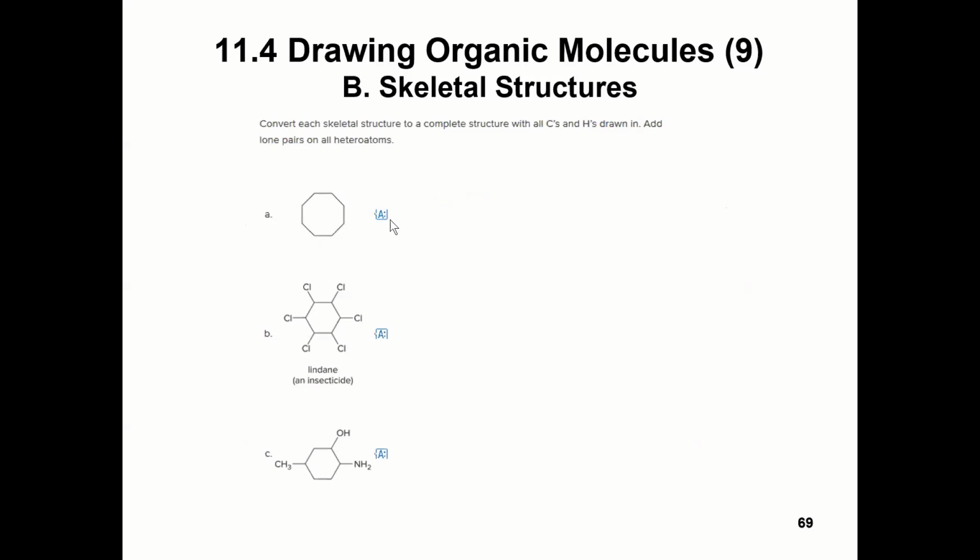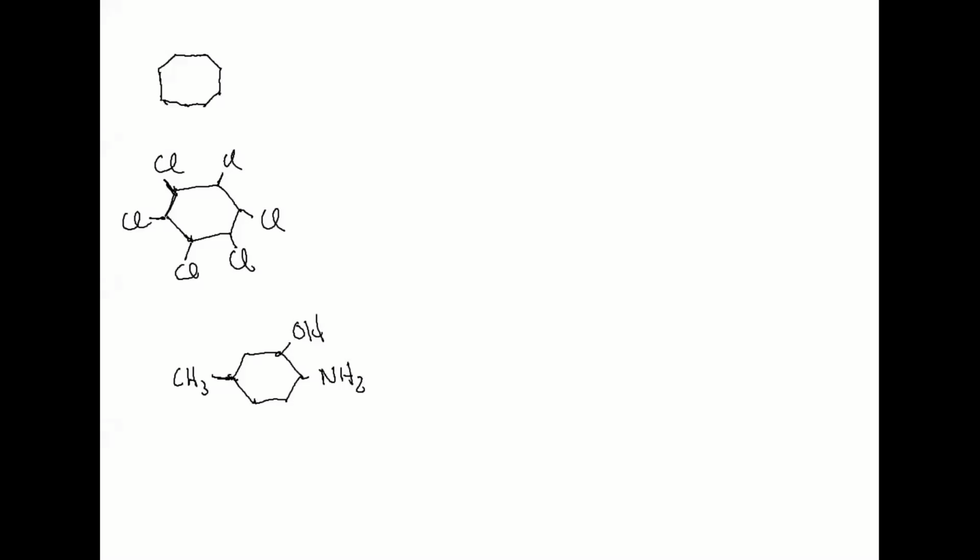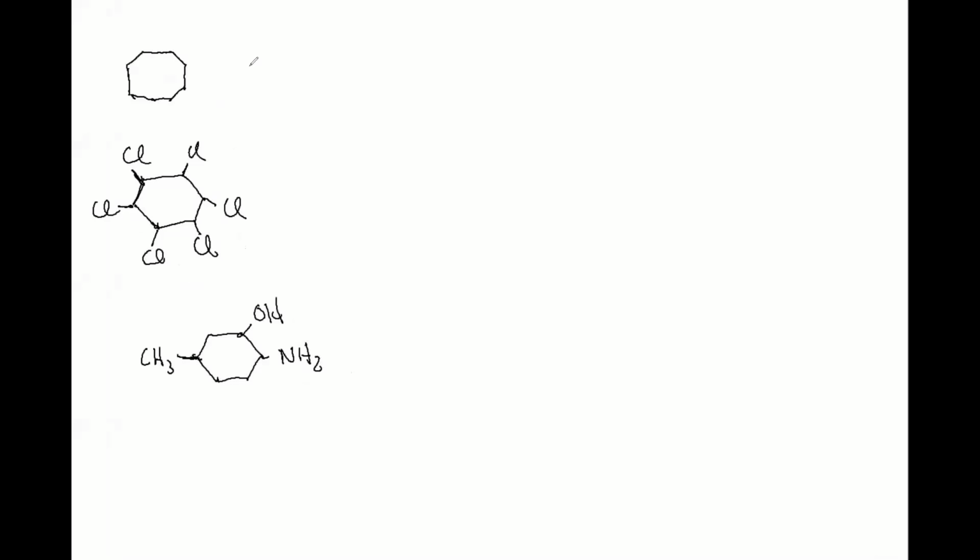So we're going to, again, do some examples here. We're going to convert each skeletal structure to a complete structure with the carbons and hydrogens added in, and the lone pairs added in on all the electrons. So we're going to do that on the whiteboard. Okay, so we're going to draw the Lewis structure. So for the first one here,